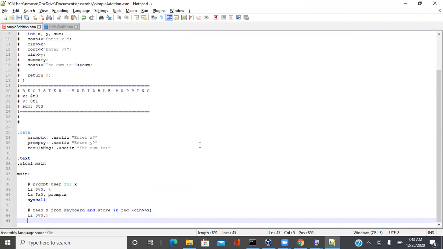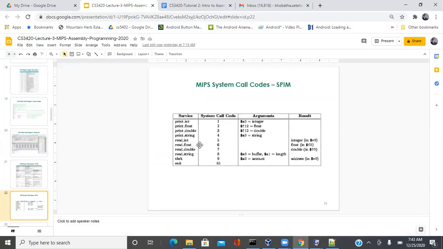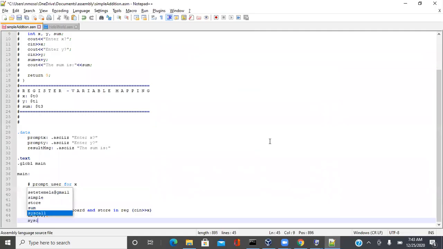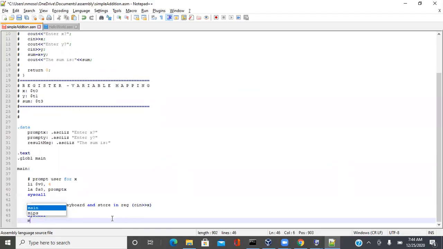And then what you do once you have loaded the integer, you do what? You perform a system call. Okay. You perform a system call, and then your result is going to be stored inside v0. Okay. So you do system call, it will read, and then you want to say move